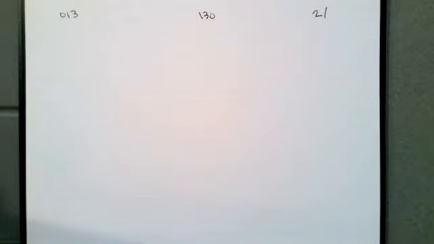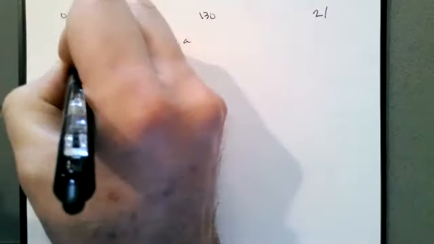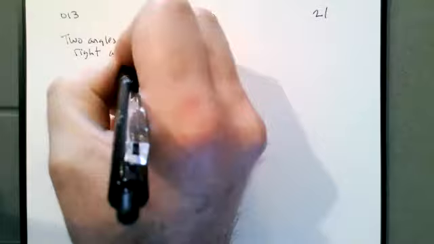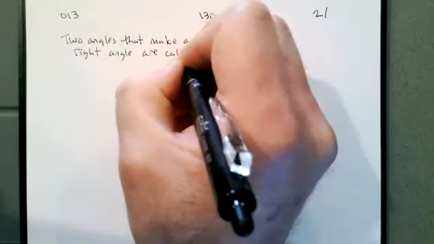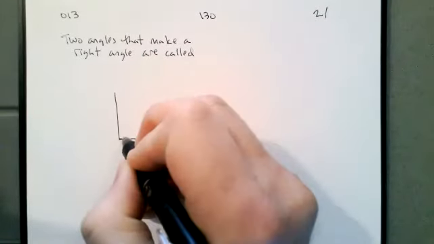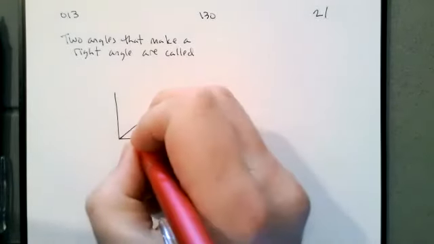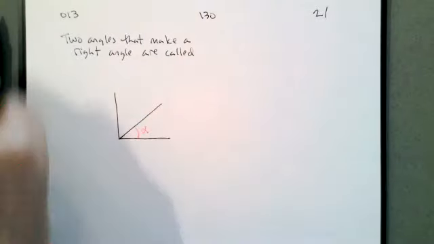All right. So we need to go over a couple more common terms. If we have a couple of angles, let's say we have two angles that make up a right angle. Two angles that make a right angle. So if I have two angles, let's say an angle alpha and an angle beta,